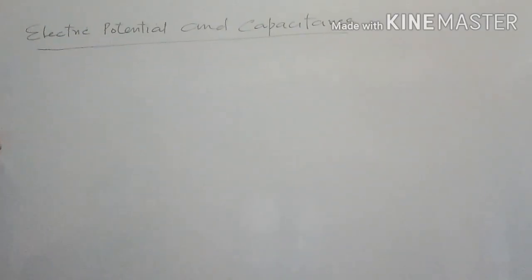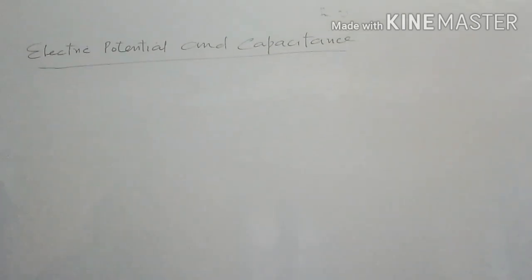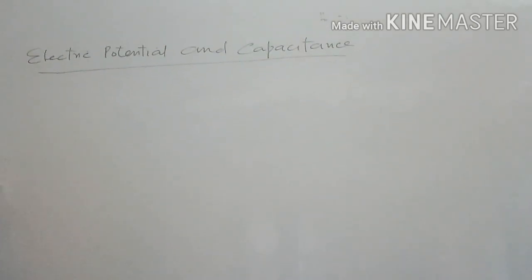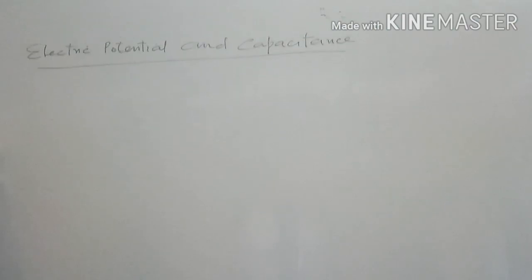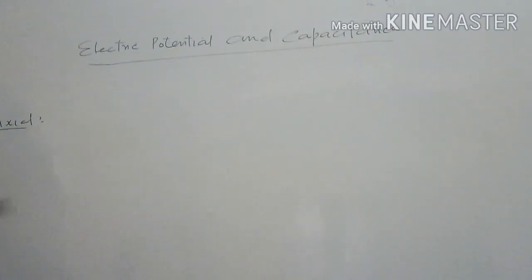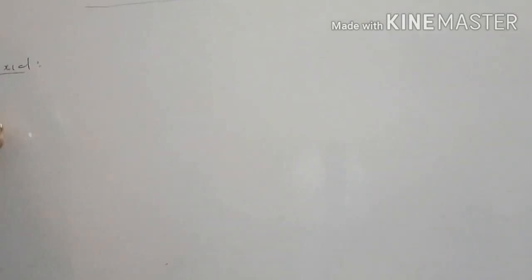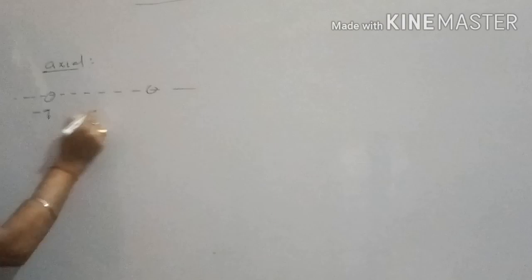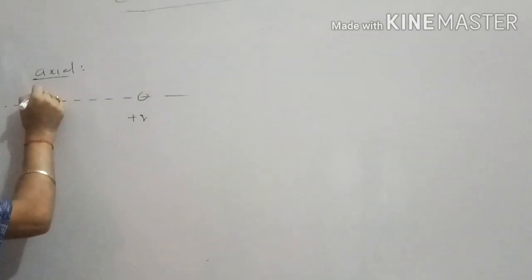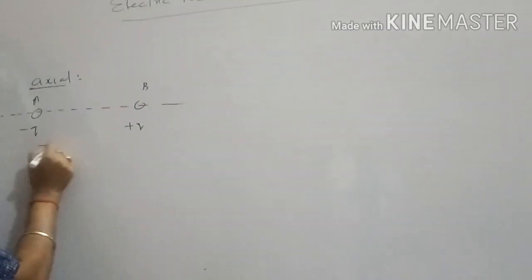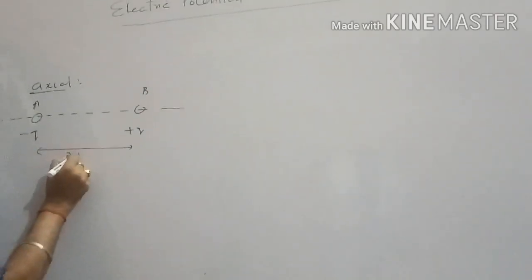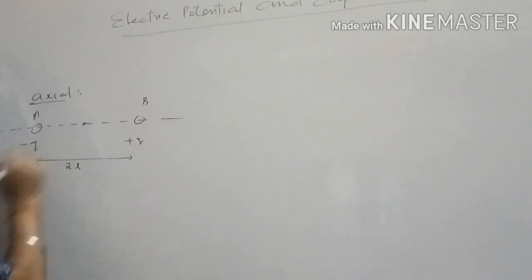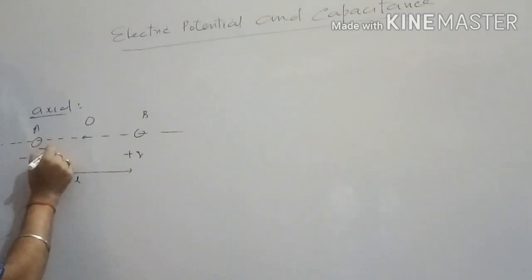Dear student, this topic is not in the board syllabus, but it is in continuation, so we are going to study this also. First we are going to find the electric potential due to a dipole on the axial line. You know the axial line is such a type of line which joins the centers of the charges. This is the axial line. Let minus q charge be kept here, plus q charge here. Separation between both the charges is 2L, which is called the dipole length. O is the midpoint of the dipole,